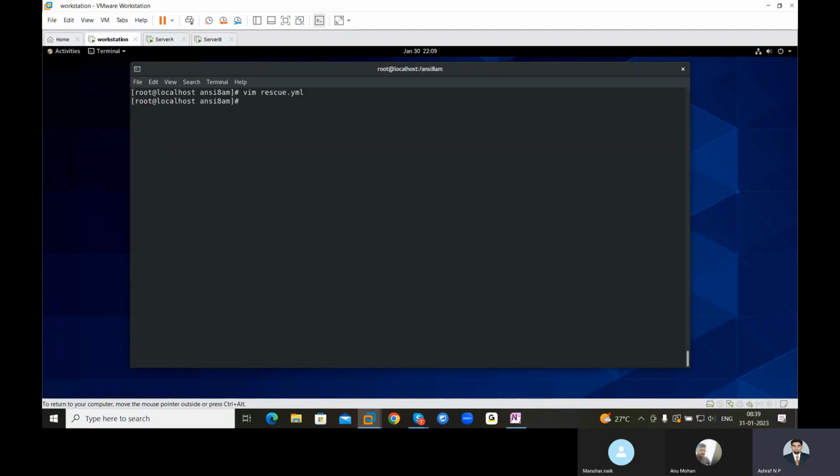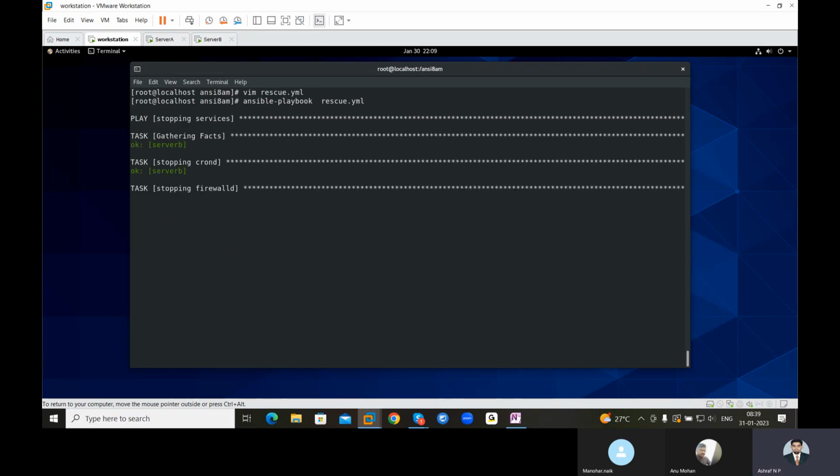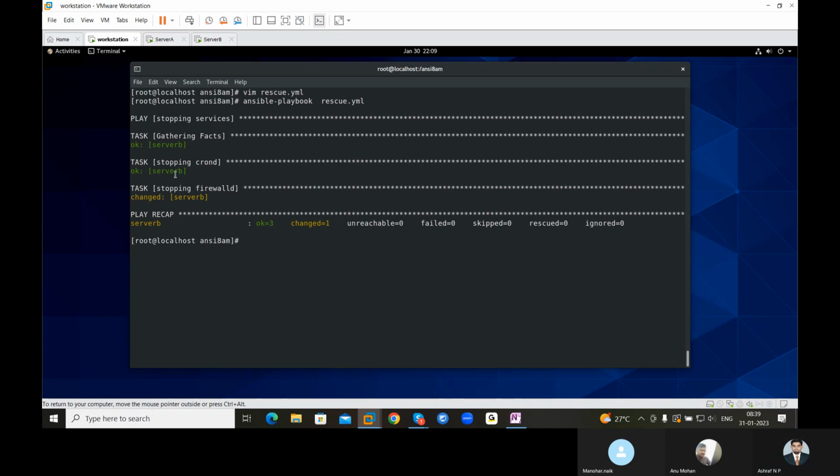Okay, I'll teach you how we get code from Ansible Galaxy. Okay, please wait. First task will execute successfully. That is a block. See, crond successfully executed. So what happened? The task which is available in always executed directly. The task which is available under rescue is not executed.